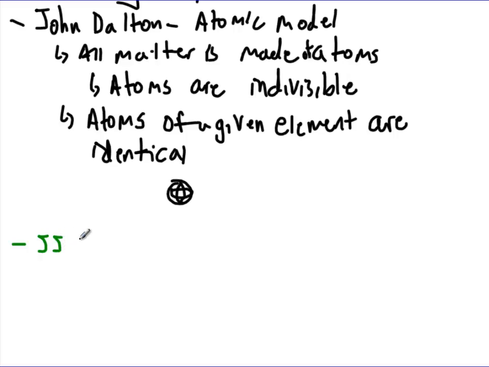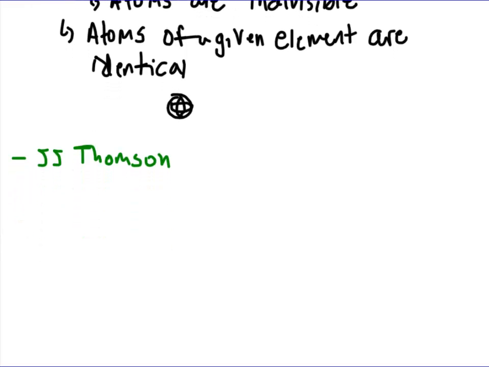Okay, and so later there was another scientist, his name was J.J. Thomson, and he did an experiment with a cathode ray tube, and there's a really cool video about it, and you can find it on YouTube. But essentially what J.J. Thomson did was he had a little vacuum chamber, only it wasn't quite a vacuum chamber. Inside a tube he had a few particles of air, and he applied an electric current to it. So he had positive going to one side, negative going to the other side, and he hooked this whole thing up to a battery.